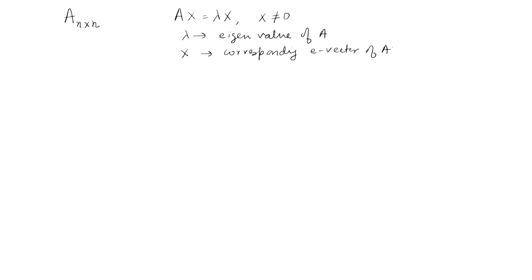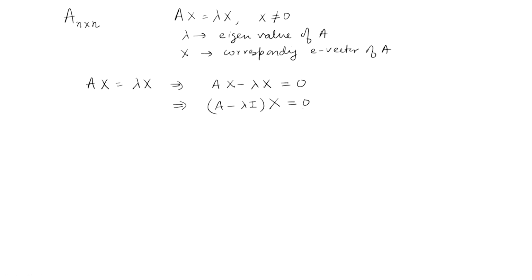Okay. Now we are having Ax equal to lambda x. So this can be written as Ax minus lambda x equal to 0. Okay. Now this can be written as (A minus lambda I) times x equal to 0, where I is an identity matrix. Now what we are having basically, A minus lambda I times x equal to 0 means we are having a system of homogeneous linear equations, because the right hand side is 0.